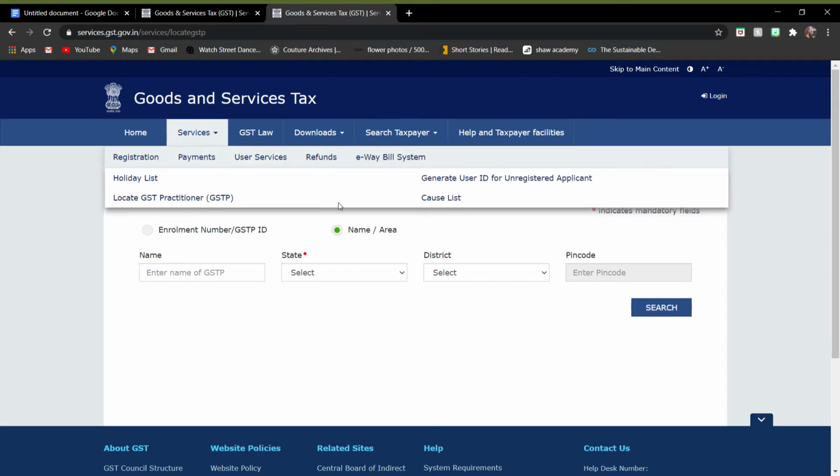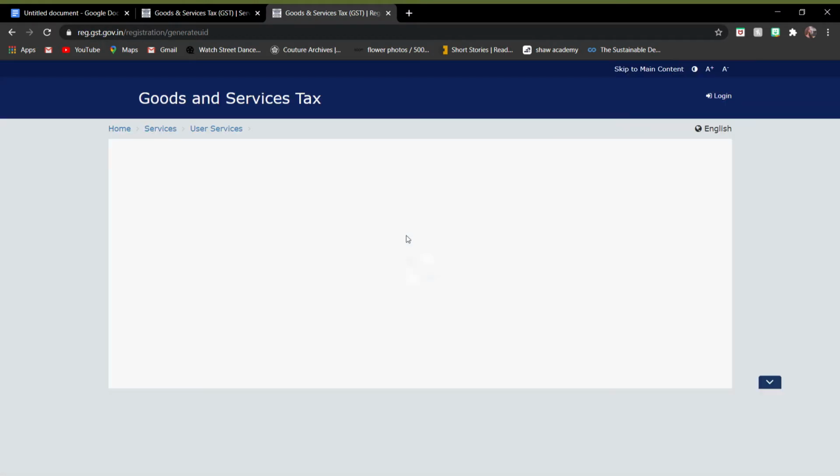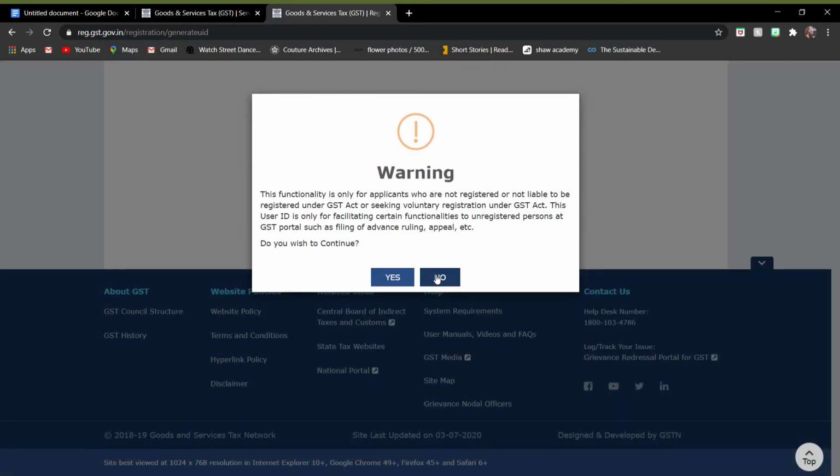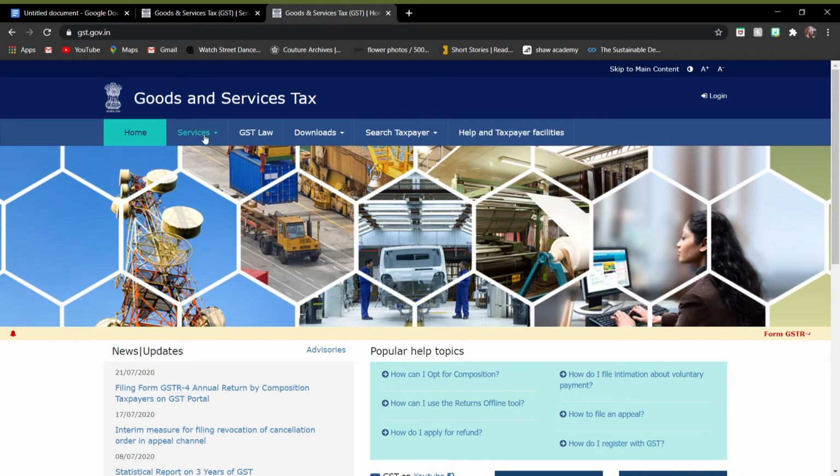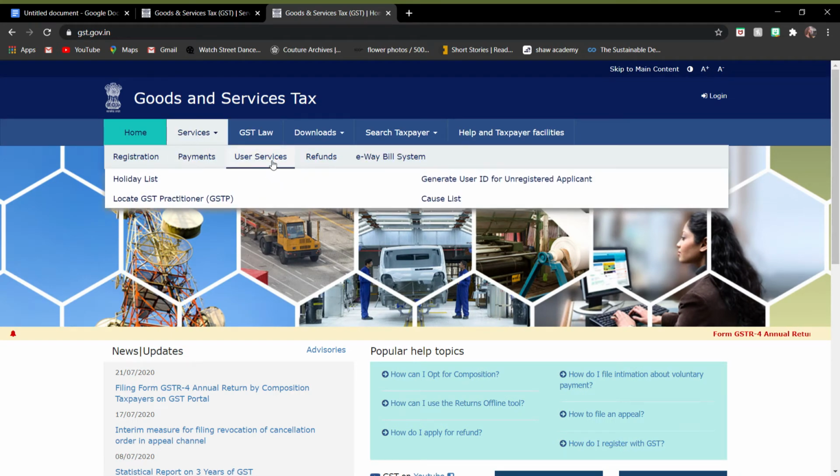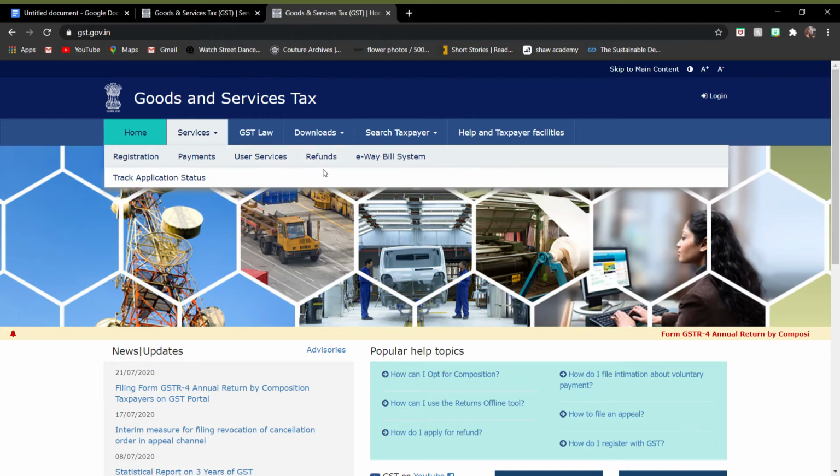The next service is generate user ID for unregistered, and the next service is cost list.